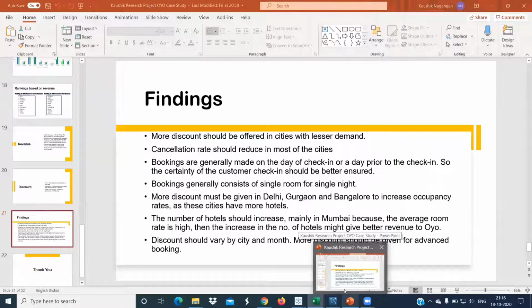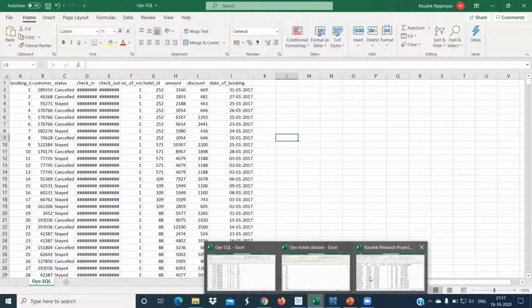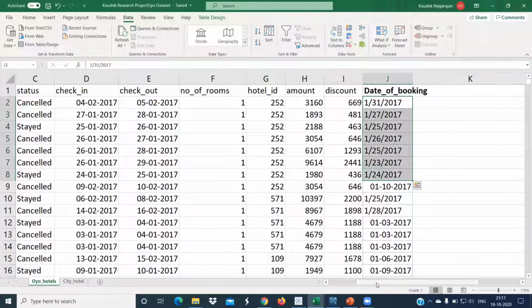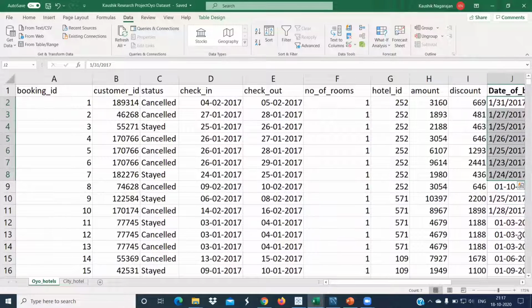In importing the two tables, the difficulties faced were first the cleaning of data and second the importing of the table. There are two methods to import a table in SQL. One is using the command prompt, which is usually preferred for larger tables with more rows. The other method is using the table data import wizard, which is usually preferred for short tables with fewer rows.